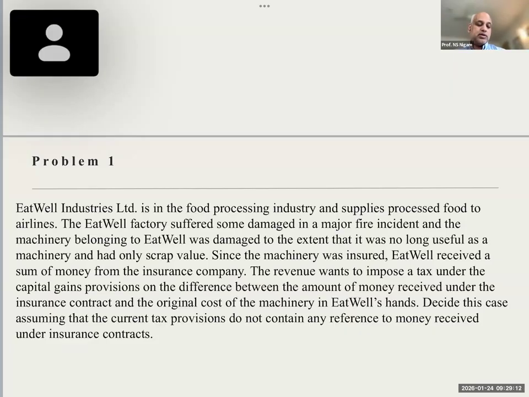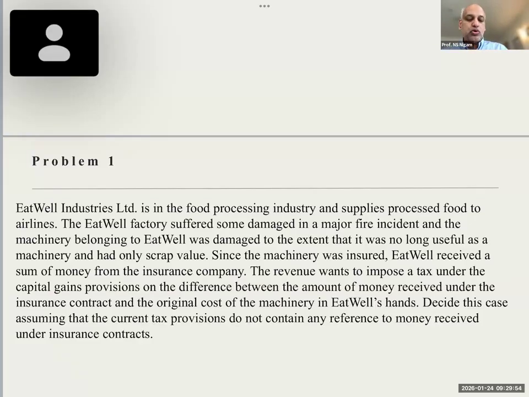And we said that Section 45 has several variables in it that we need to talk about. It talks primarily about a transfer of a capital asset. So we need to know what's a transfer, and we need to know what's a capital asset. And if there's a transfer of a capital asset, then it will be chargeable to income tax under the head capital gains. We remember that the definitions of transfer and capital asset are in Section 2. And we said Section 2 says that a capital asset is